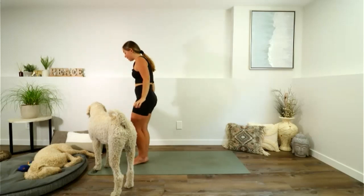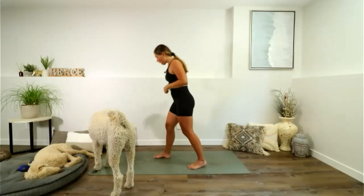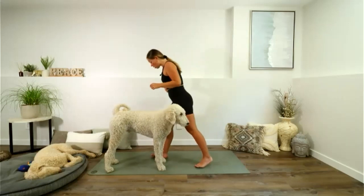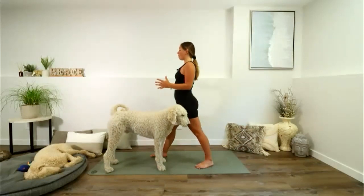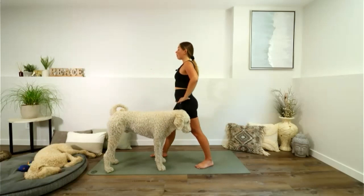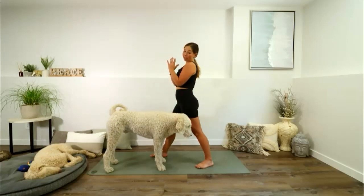Nice, you guys. We're going to stay standing, but we're going to step our left foot back a little bit. So think pyramid stance. Both of our legs fairly straight, just a short distance. Make sure your feet are out wide though, so that you're balanced. Hips, belly button, chest, everything's facing forwards. You could have your hands on your hips, or you could have your hands together in front of your heart